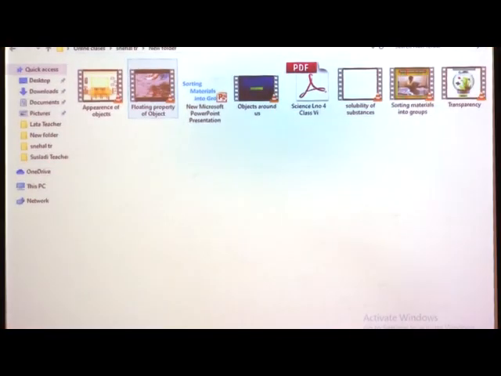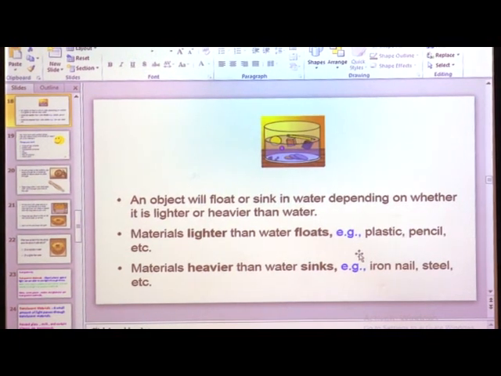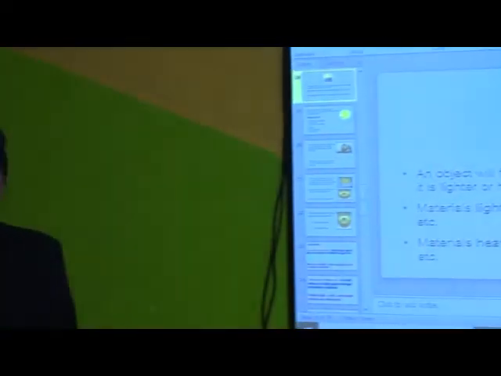So, we have seen a video in which we can find out the objects that float and the objects that sink. So, we have studied about the properties of the materials. The properties that we studied are appearance, floating property, hardness, and solubility. In the next class, we will study more about properties like transparency and the conduction of heat. Till that time you can read the textbook and solve the activities given there.